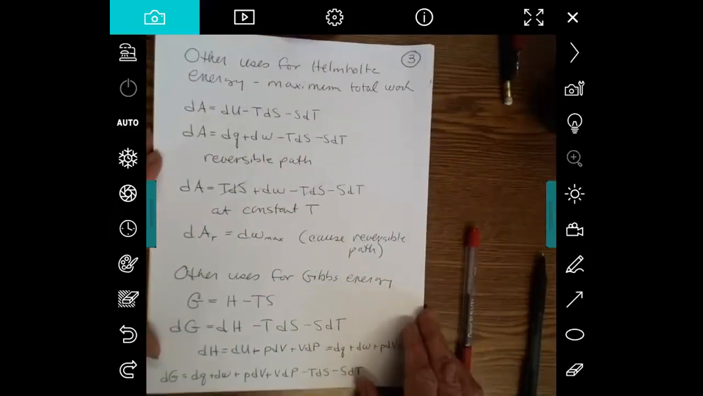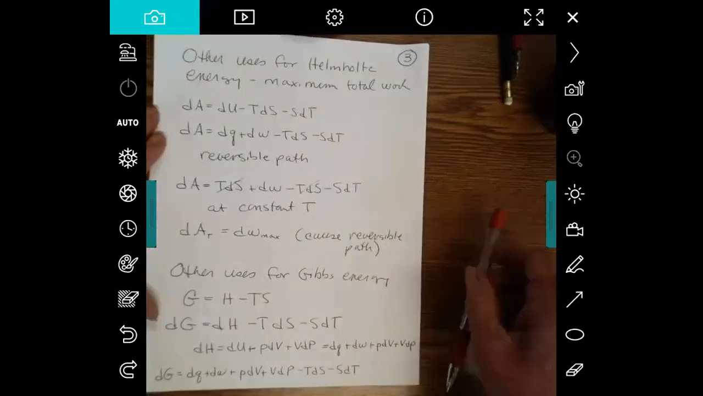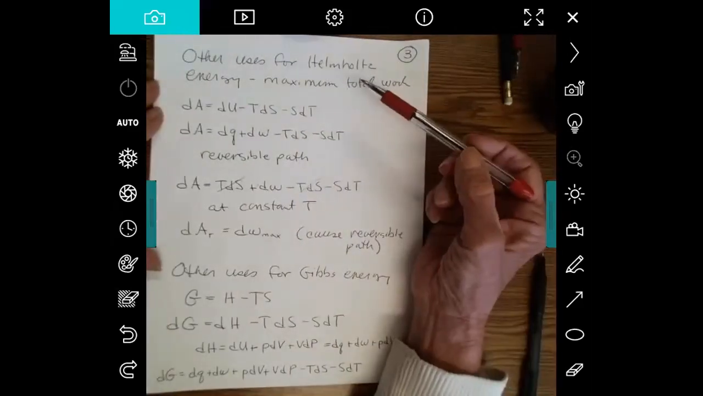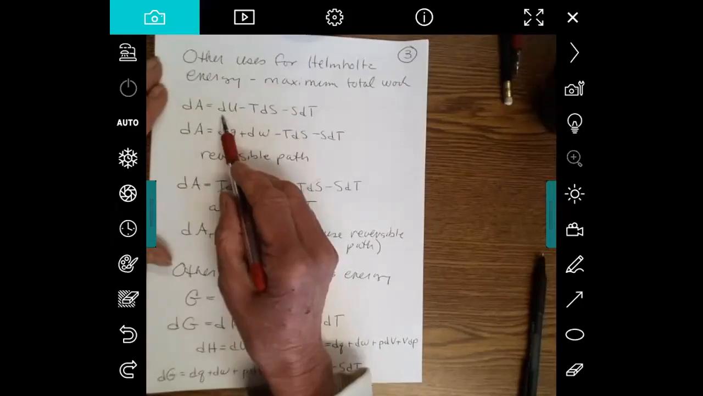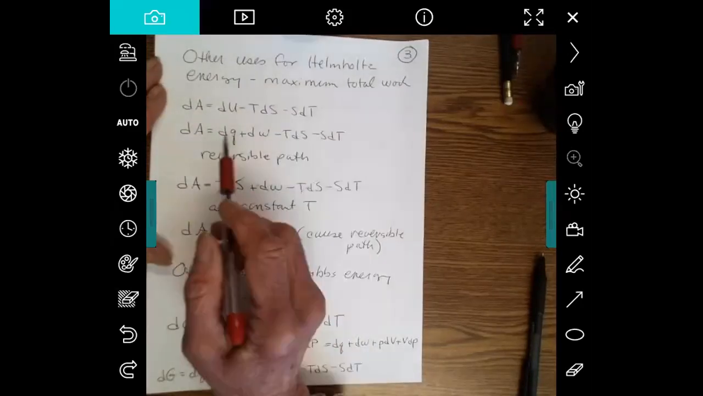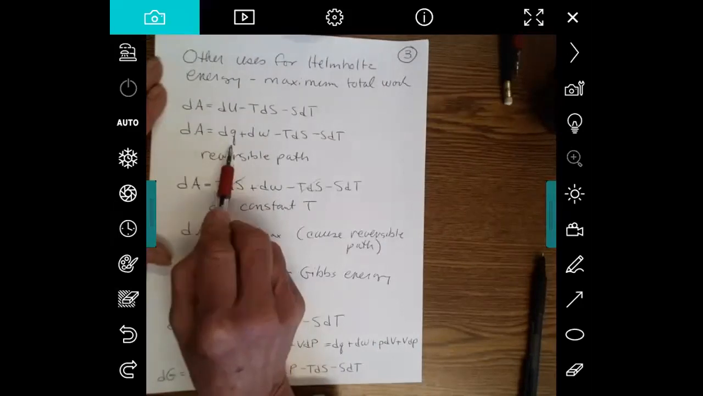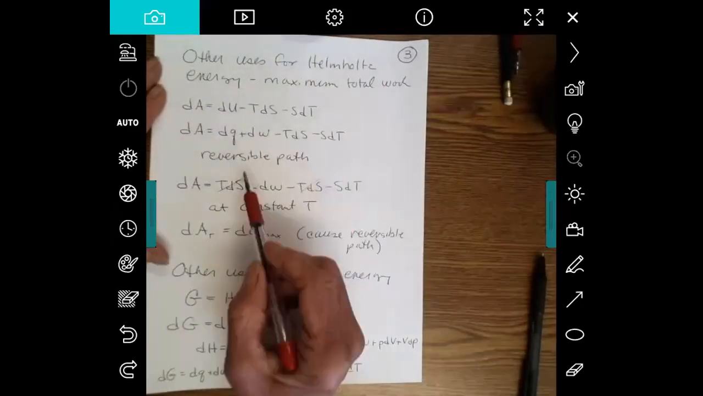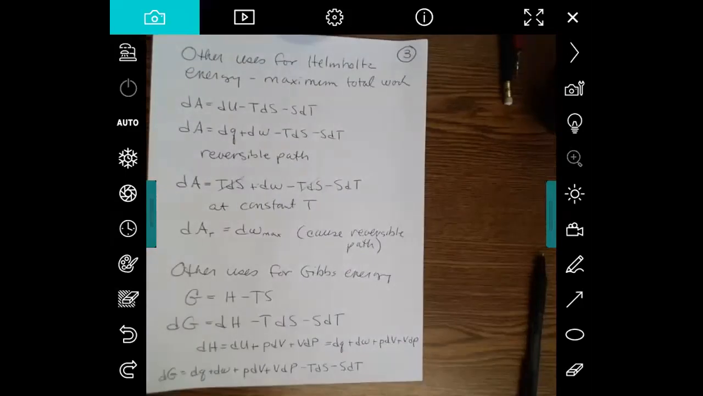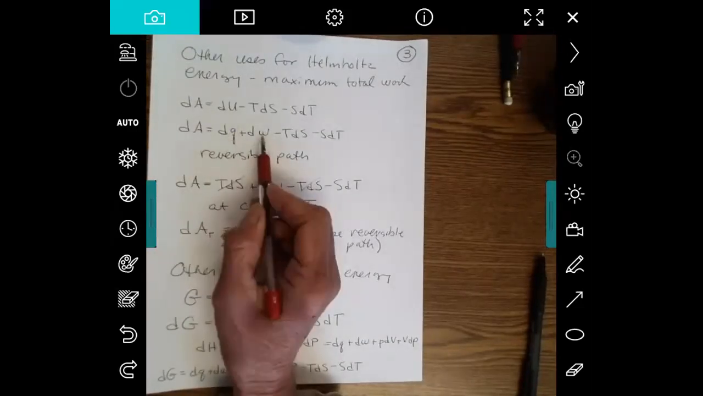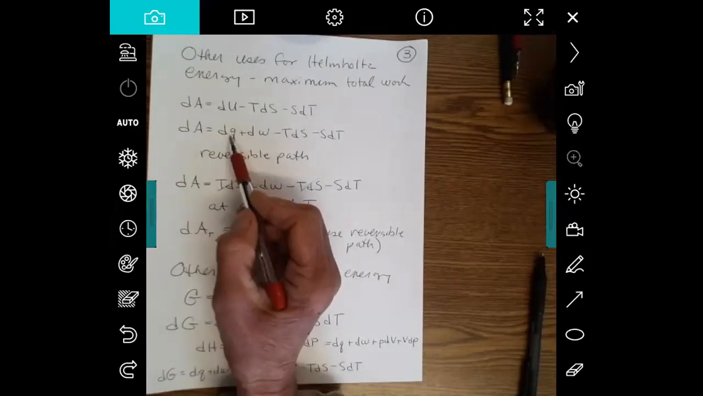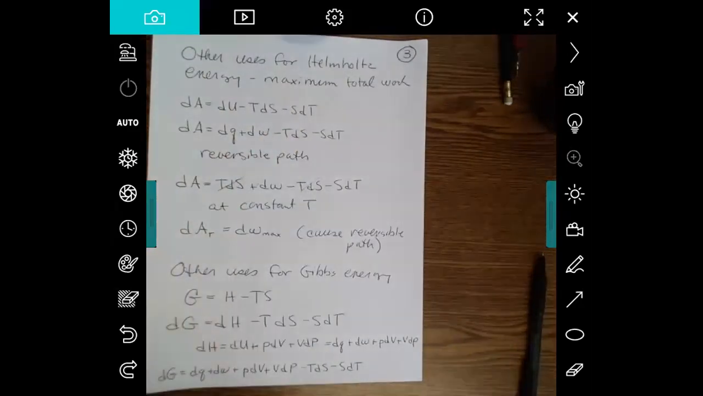What are some other uses for these two functions? They actually have other valuable properties. So if we look at dA, the Helmholtz free energy, it will be equal to dU minus TdS minus SdT. dU is equal to dq plus dw. If we pick a reversible path, and this is kind of subtle, but you can pick any path you want because A is a state function. So if both of these are reversible, I'll get the same change as I would if both of these were irreversible. So if I pick a reversible path,